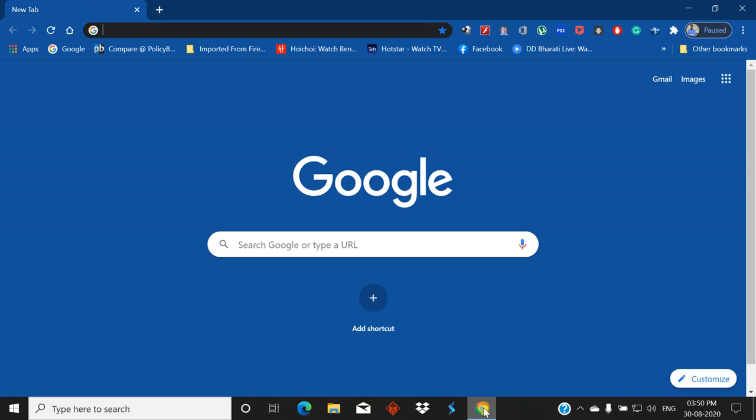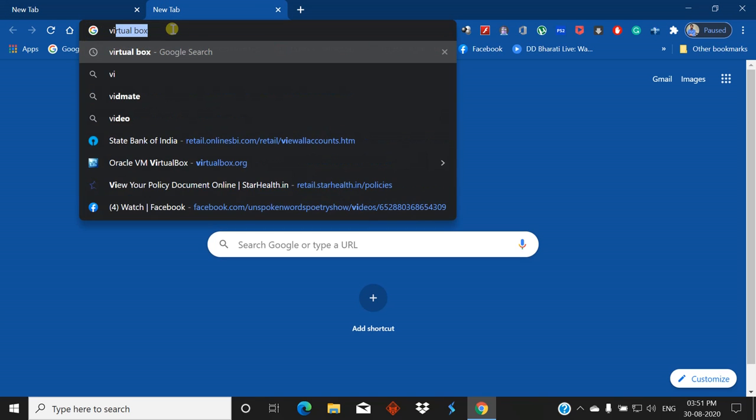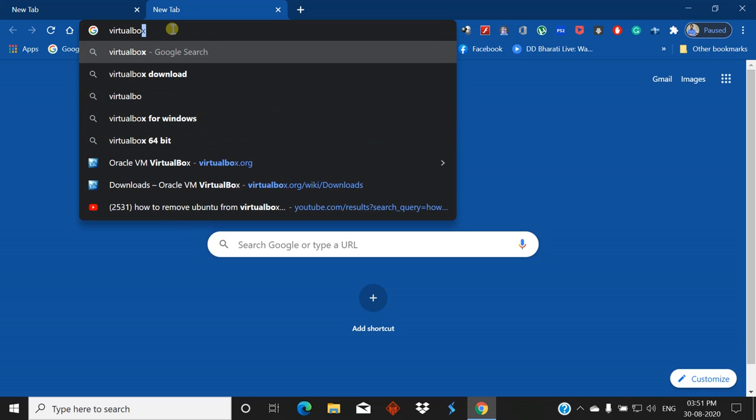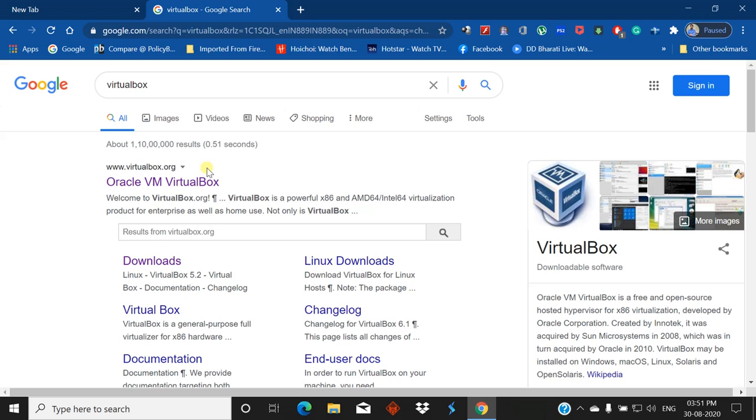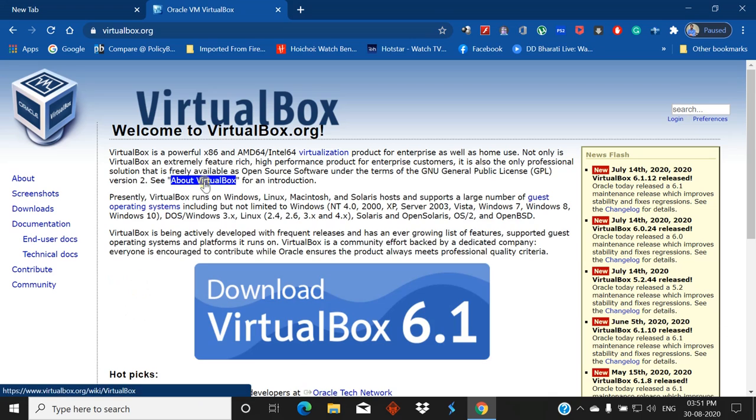So in Google Chrome browser, just type in a new tab VirtualBox. Hit enter. Now in the first option, Oracle VM VirtualBox, click on it.